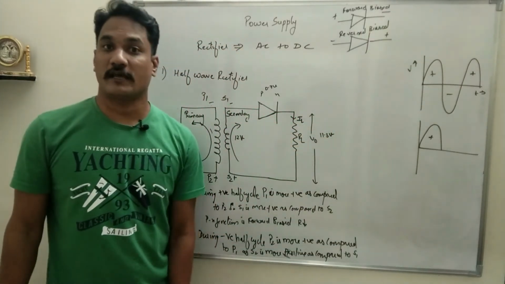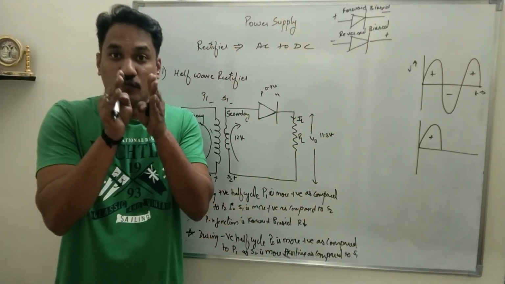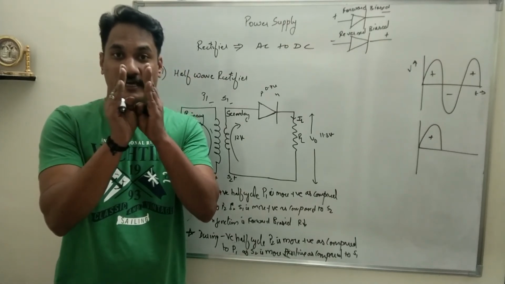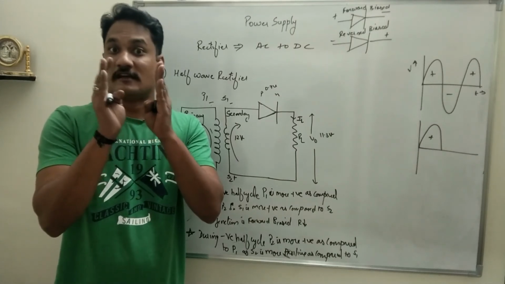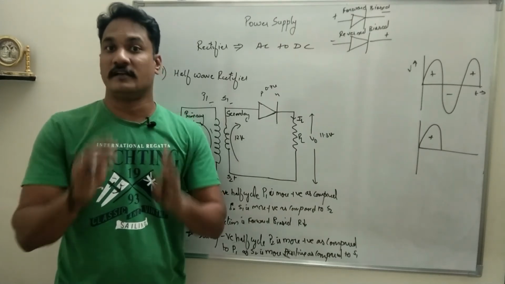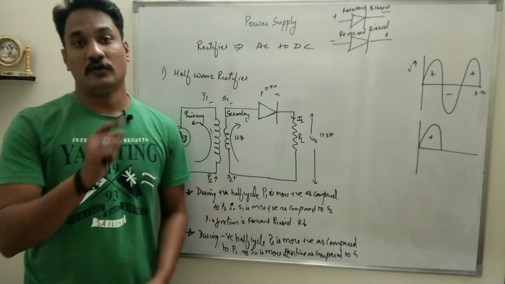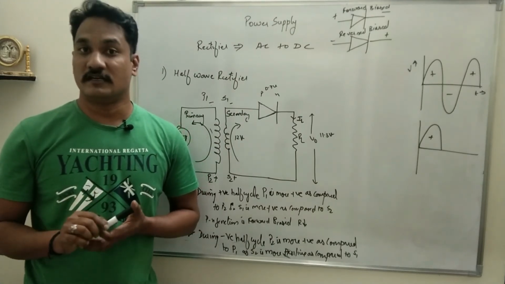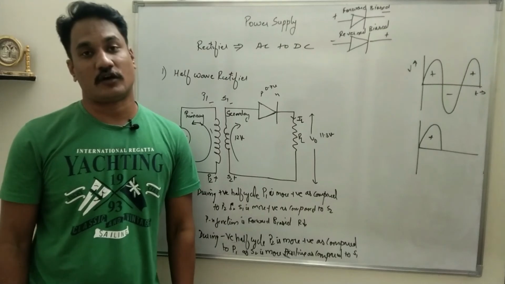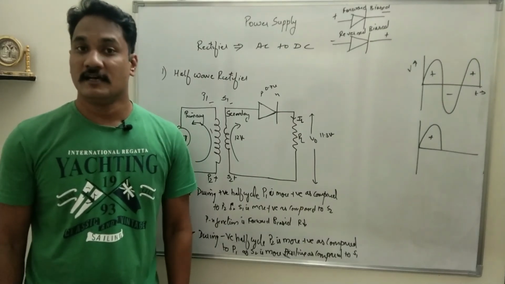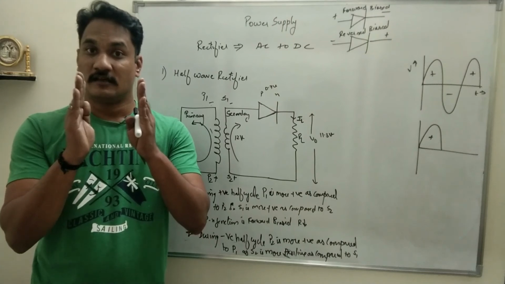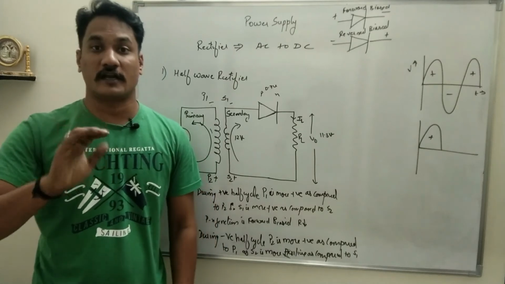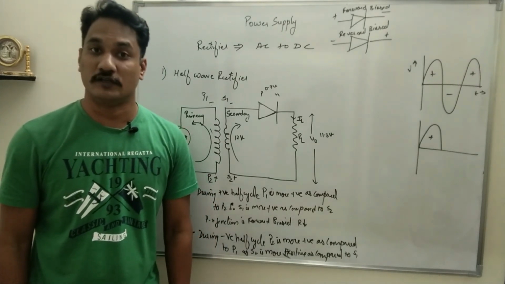So in reverse bias, the charge carriers move away from the junction. When they move away from the junction, the depletion layer will keep on increasing. That means the resistance offered by the PN junction diode will increase. Again, make sure you understand the introductory video, where I have clearly mentioned what happens during the forward bias and the reverse bias. In reverse bias, the depletion layer width increases, the potential barrier increases, resistance increases, and no current or a negligible amount of current will flow through the PN junction diode.